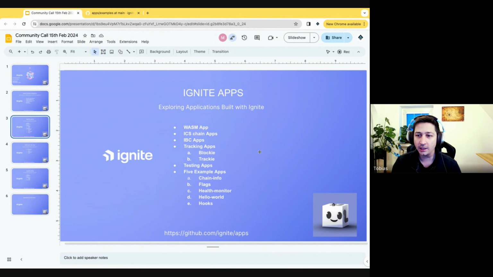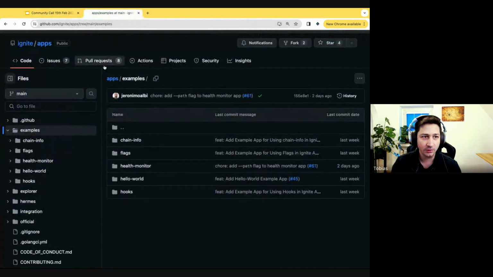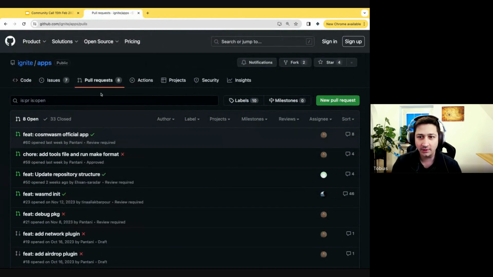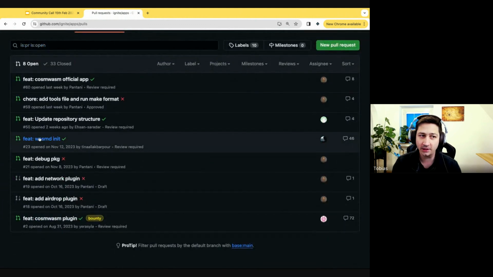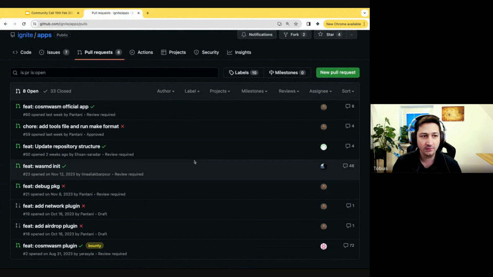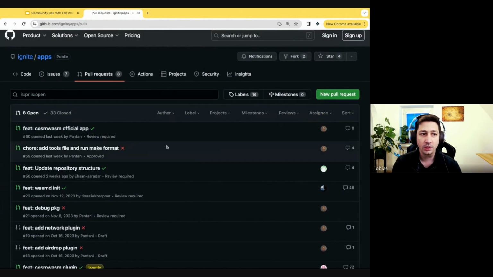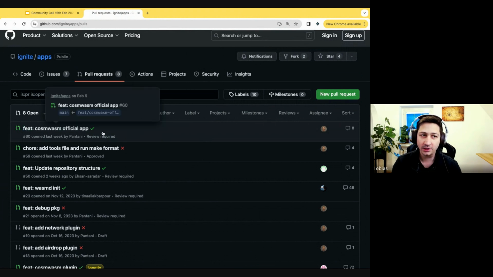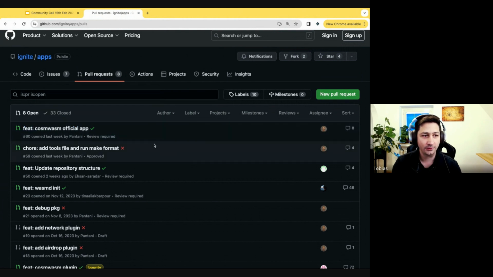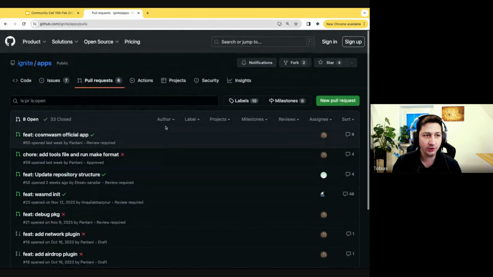We also work on ICS chains. If you go to pull requests, every developer probably knows more or less how to navigate through GitHub. In pull requests, you will find unfinished work or work that's under review. In here, you will see 2 already submitted Wasm community apps, but also we are working on our own official Wasm integration app, and this is Danilo who's working on this. Shout out to Danilo. He's doing great work. So if you want to check this out, just make sure to check out this branch on GitHub and then try it out.